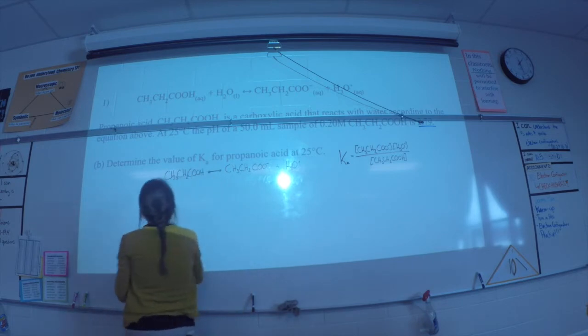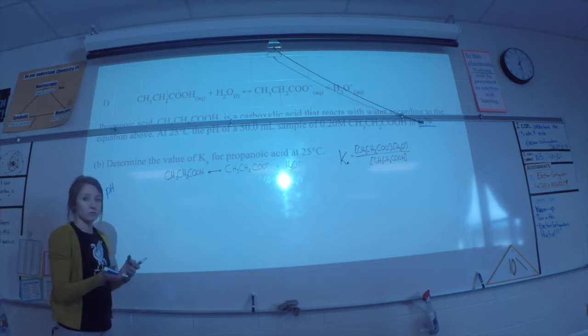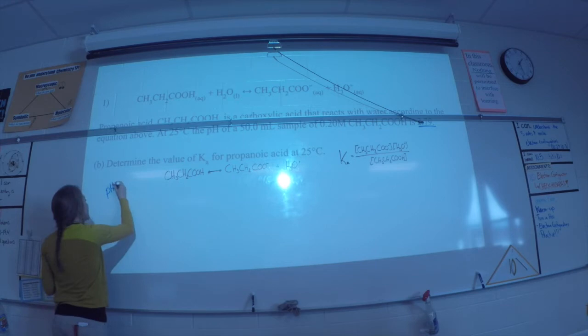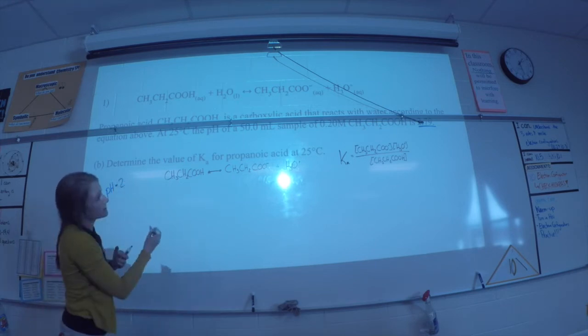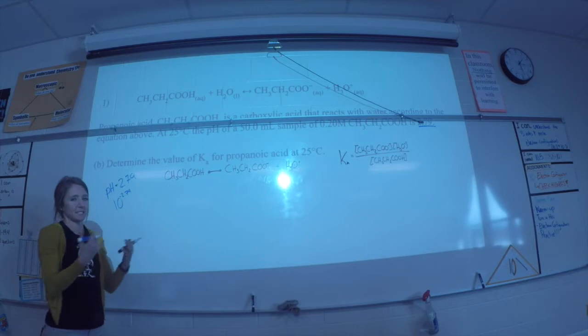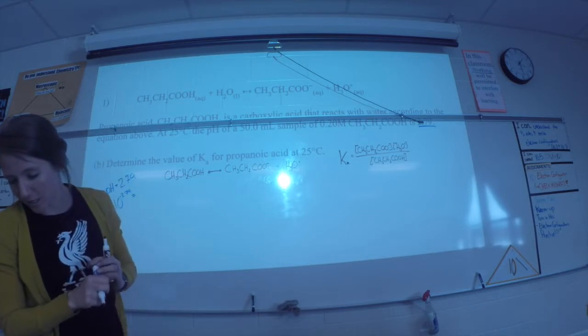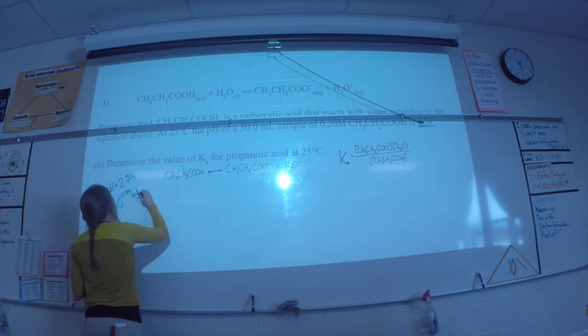What a pH tells us is that it's directly related to the H plus concentration. So to find the H plus, the pH was 2.79, so if we take 10 to the negative 2.79, so we're inversing the log, that answer was 1.6 times 10 to the negative 3,